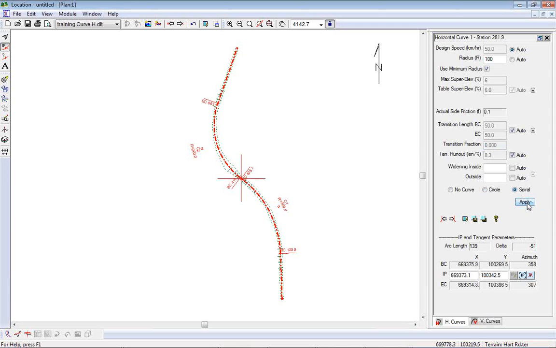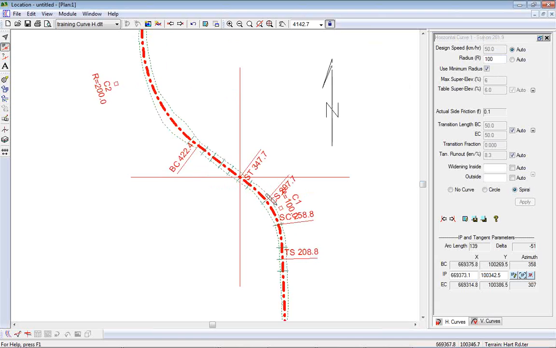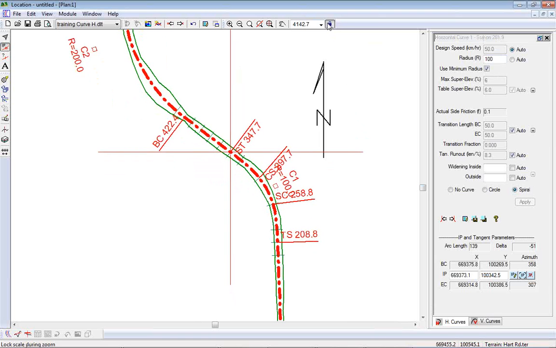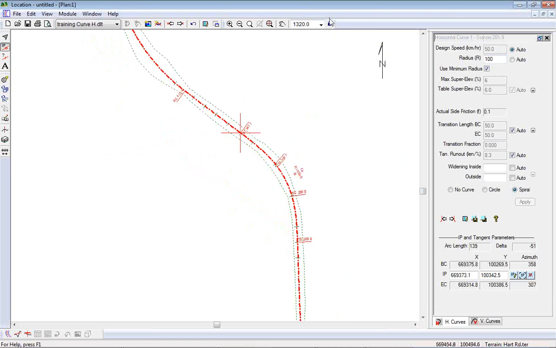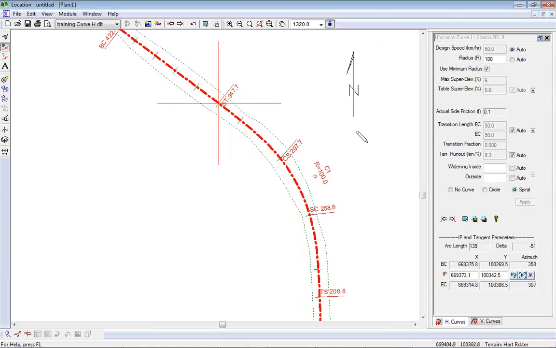If you create a spiral curve, I don't think I've got room for a spiral here. Oh, I do. There we go. Oh, I changed the radius. No wonder. Yeah. If you create a spiral curve, then let's just look at this spiral. Then we've got 3 completely different segments, 5, I guess, if you count the straight line segments. So coming into the curve is a straight line tangent. Then there's a spiral segment where it goes from infinite radius to a well-defined radius. That's a clothoid spiral. And then the circular part of the curve in the middle,